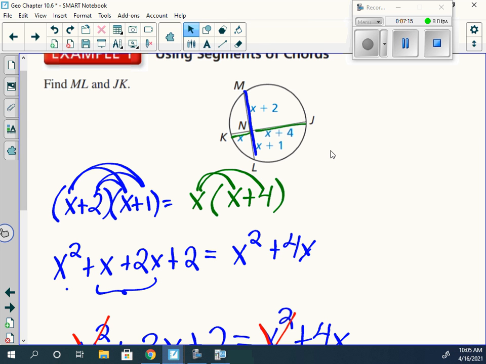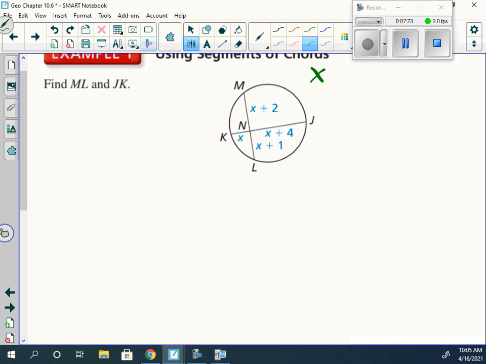Because what was it asking for? ML and JK, so we needed to find the value of x. Well, we did that, and we found out that x is 2. So 2 plus 2 gives us 4. 2 plus 1 is 3. This is 2, and 4 plus 2 is, so KJ or JK would be 2 plus 6, which is,